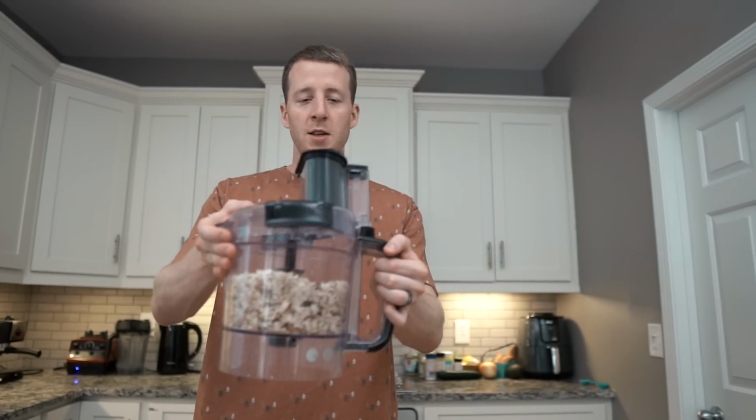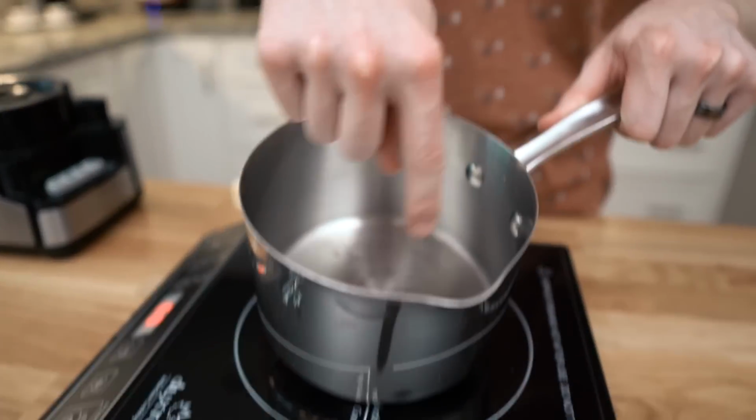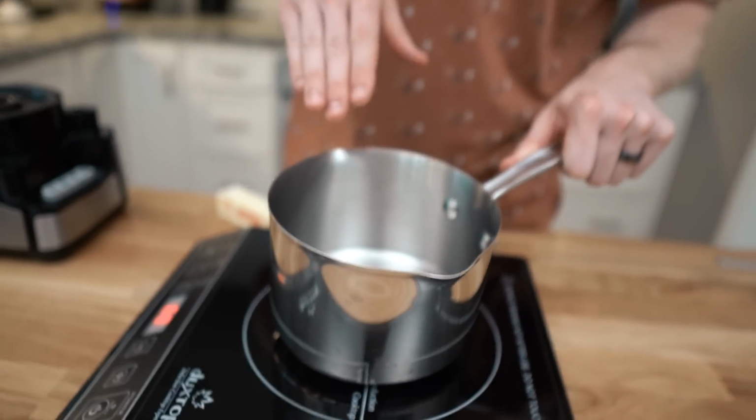Now we're gonna set the nuts aside and work on the brown butter. All right, now for the brown butter, we're gonna have a stick of butter here, and the pan actually matters quite a bit because you wanna be able to see the butter as it's browning. So a silver bottom pan or a ceramic white bottom pan is gonna be best. If you get a non-stick or a cast iron pan, it doesn't work because you can't see when the butter is browning. We're gonna add 1 stick of butter,